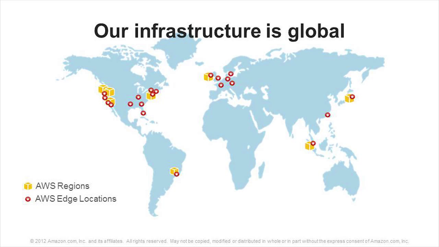As you can see from the map, there are currently 8 separate locations, 4 in the US, including what's called the AWS GovCloud that's reserved for government customers and applications. We have a region in Portland, another one in San Francisco, and then the 4th one is located on the east coast of the US in Northern Virginia. Our newest region is located in Brazil. There's a region in Ireland, and then both Tokyo and Singapore. So this is our current map. We actually added 4 of those regions just in the last year, so you can trust that we will continue to add additional regions to that map over time.